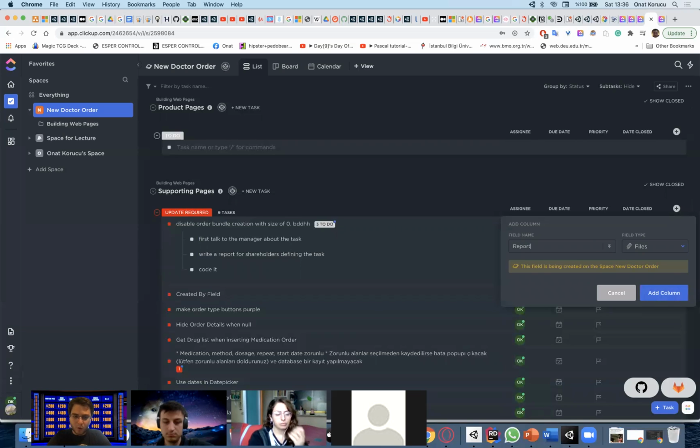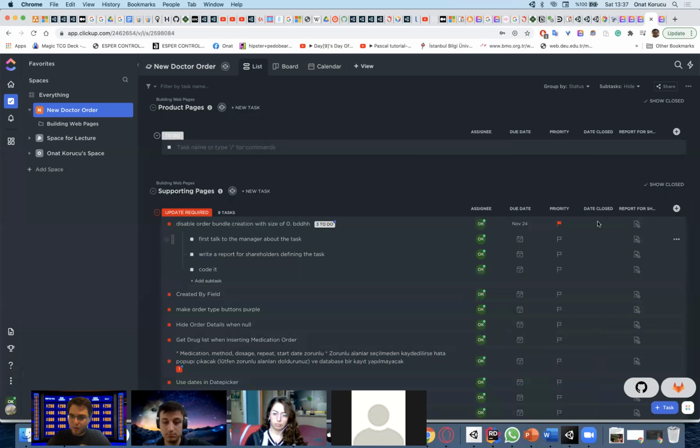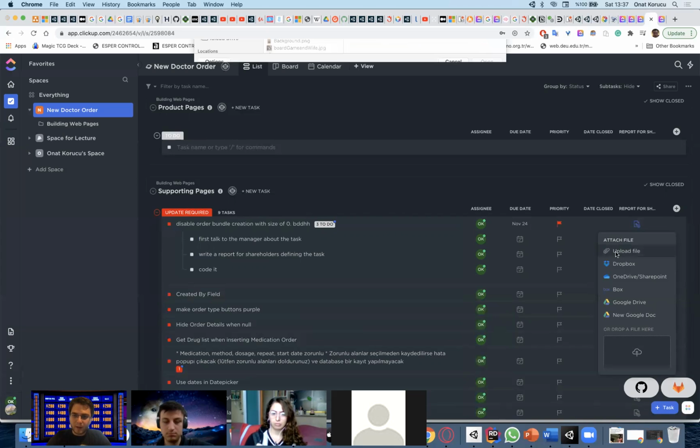Reports for shareholders. Let's leave some blanks, and let's add, I don't know. Yeah, you can actually put it like this. And now you can add a file. Since you chose a file rather than a text, now you have created a place where you can add reports. So I'm going to add a random file from